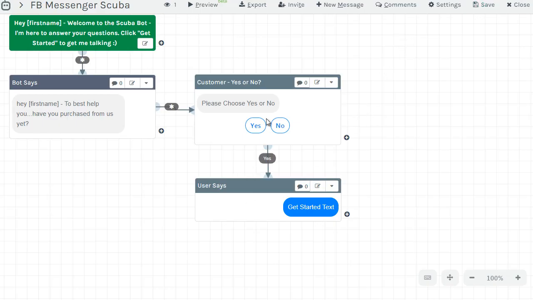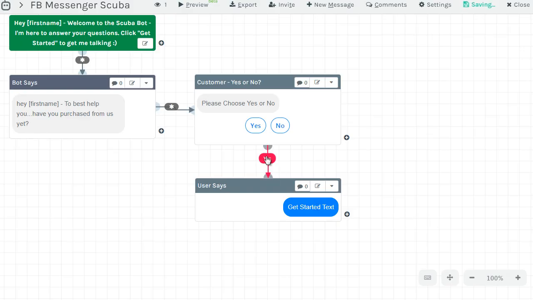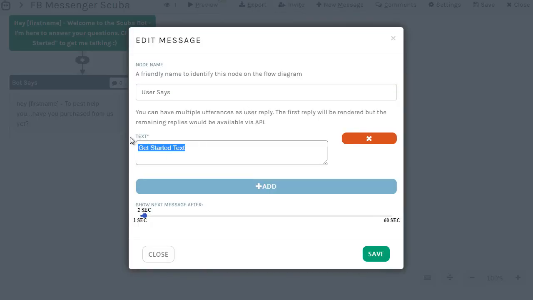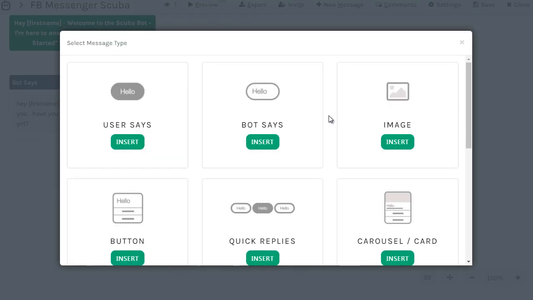Okay, so in order to get from here to here, if they say yes, you need to click this here and it'll say message actions. So yes or no. If they say yes, right? And you can click on this as the user reply, click on yes. And if you don't like what you see later on, you can always exit out of that and remove it. But if they say yes, then here's the text that we're going to show: Thank you for being a loyal customer. First name, how can I help you? Now, if they say no,